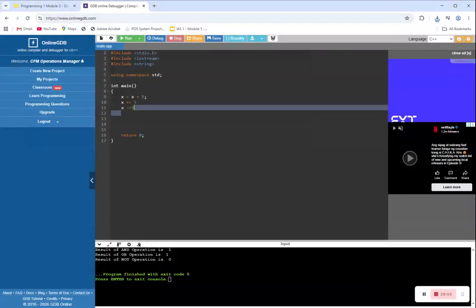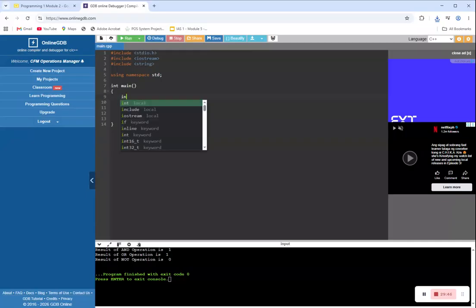So herein, in this second part, we'll start with an example on our assignment operator. int firstNum is equal to 10, then int secondNum is equal to 5.